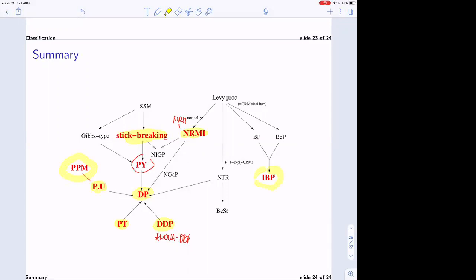But the main reason to show you that picture is that the arrows simply show how one model is a special case of the other. And can you see how the Dirichlet process drops out as a special case of just about everything? So the Dirichlet process is the most beautiful of all. We run into it everywhere. So this is all I wanted to tell you about